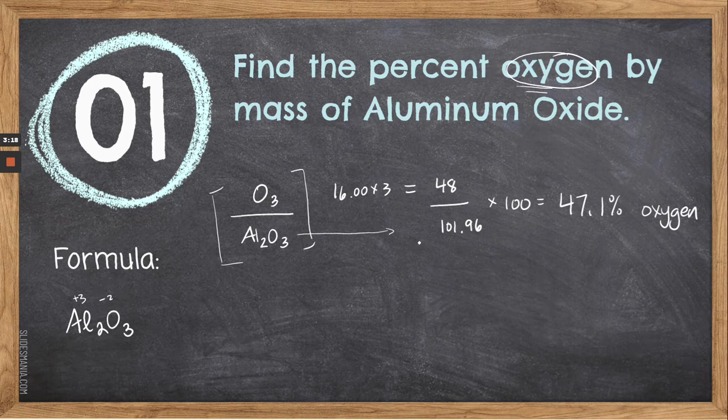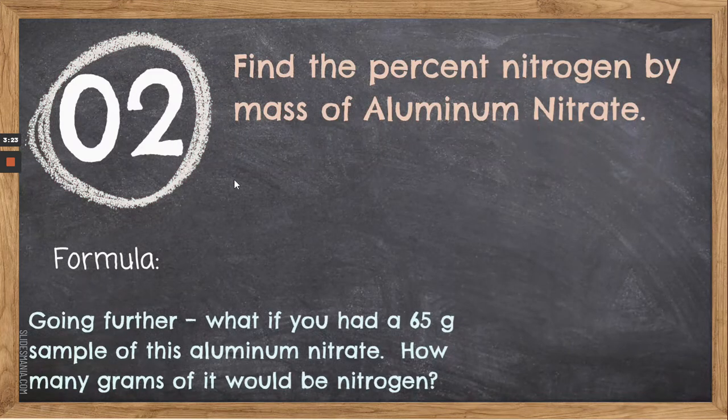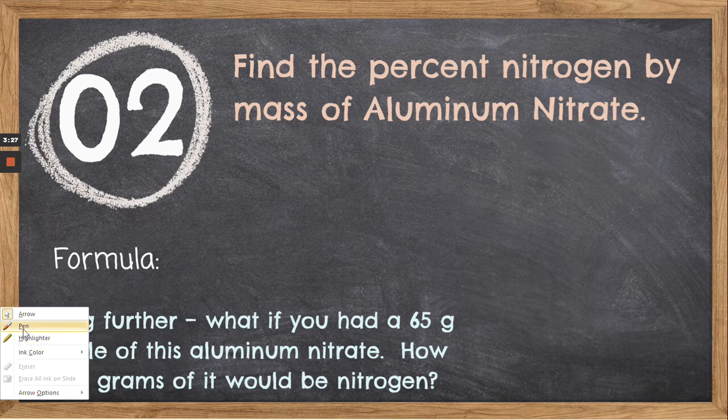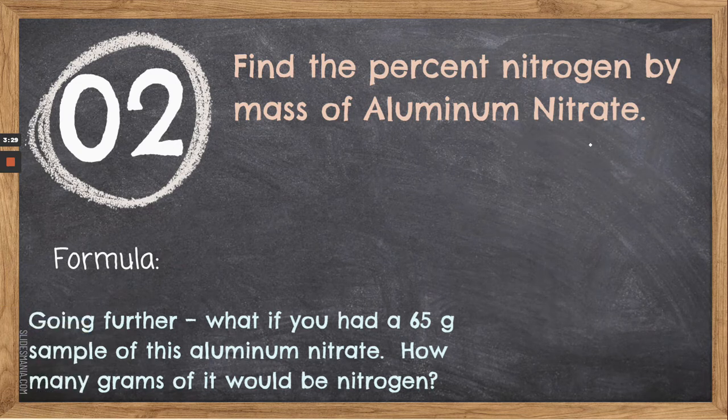Okay. This is percent by mass. And this works no matter what the formula is. In this one, we can see that the formula is a little more complicated. It's aluminum nitrate. It contains a polyatomic ion, but that does not matter. We're going to do the same thing. We're finding the percent of nitrogen over the entire thing. So you have to know how many nitrogens are in this formula. Well, there's 3 NO3s. So that means I'm looking at 3 nitrogens over